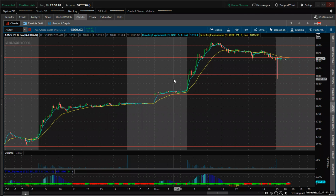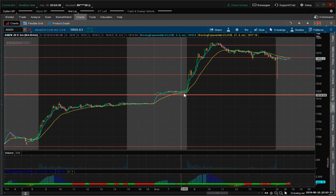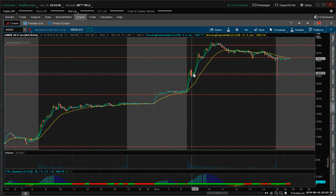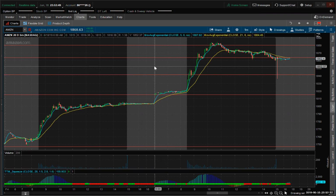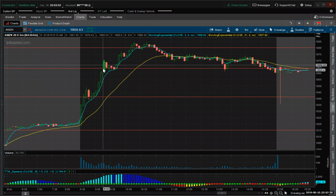This is just AMZN. On Monday, June 10th, 2019, we had a little more of a gap up this morning, holding at our line at about 1815 here. Quickly ran up into 1841.30, put in a really nice high wave candle right here on that price. Continued up to our next line at